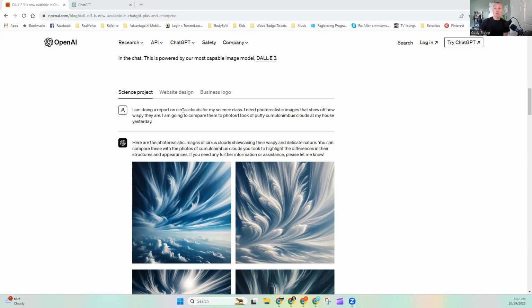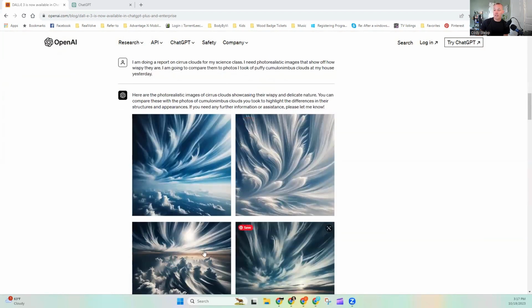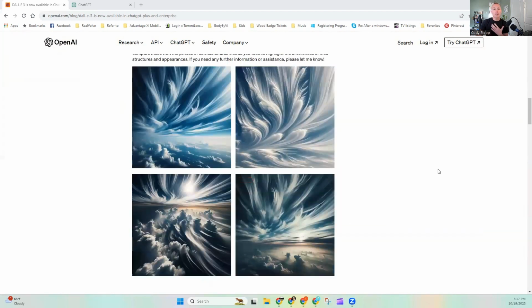The prompt would be, I'm doing a report on a curious cloud for my science class. I need a photorealistic image that shows off how wispy they are. So we're just plain text explaining, and it's going to start generating these. It's going to show them. Now, what I've noticed about Dolly, it's pretty easy to see that these are AI generated, just like when everyone was getting those AI generated profile photos. You can pretty well tell it's just a little too extravagant. It's a little bit too